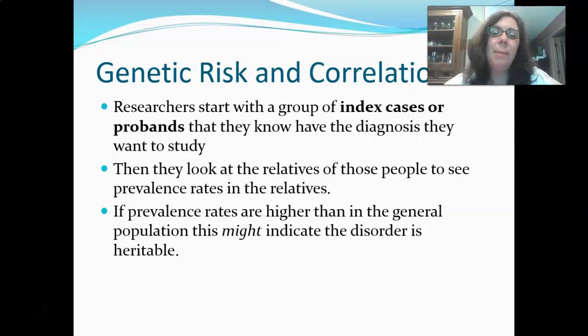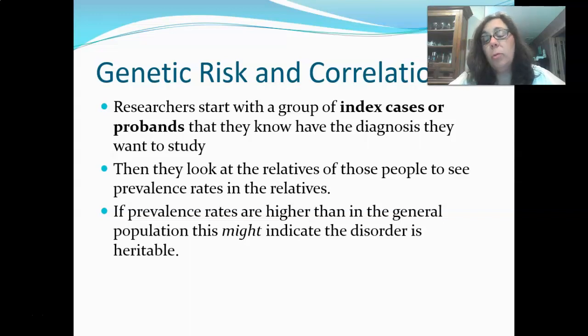Okay, so we're going to talk about how we use correlation to determine genetic risk. One way we do this is to start with a group of what's called index cases or probands, and that is people who already have the diagnosis that we're interested in. So if we stay with our example of major depression, we would find a group of people who